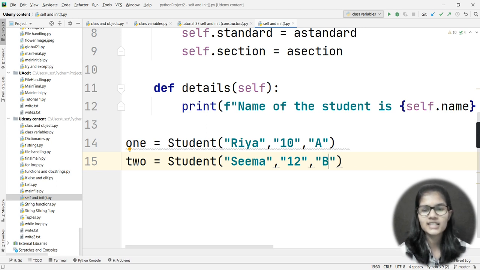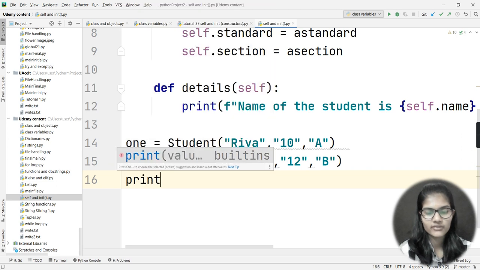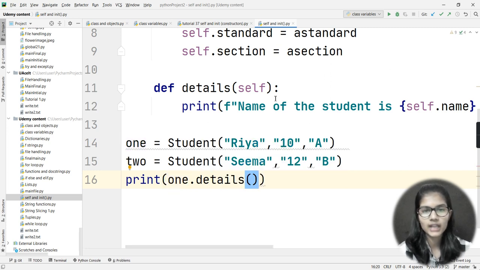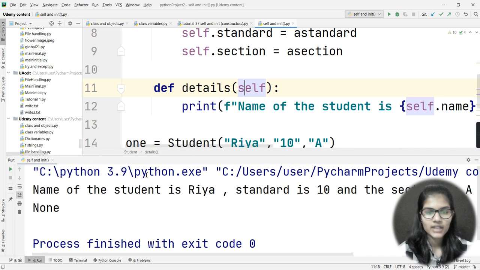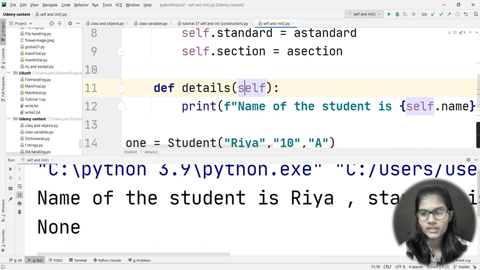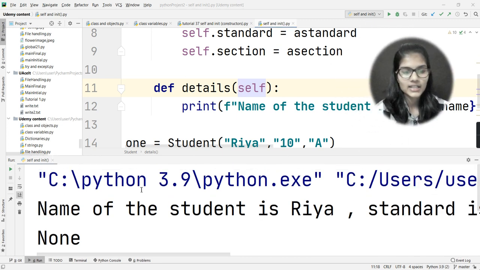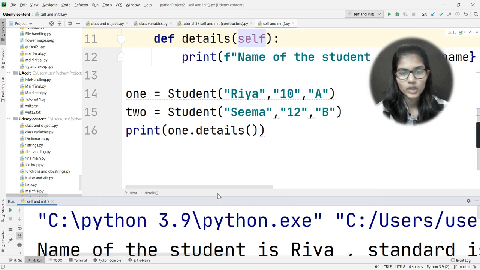Okay, let's say I'm just making 2 here only. And now here in the print statement, if I just want to access the details, I would just write print 1 dot details. Okay, now I would just run my program here for a while. So as soon as I wrote print 1 dot details, let me go above now. Okay, so as soon as I wrote that, print the details for the 1. Just let me come down here and show you that I had printed here print 1 dot details, right?